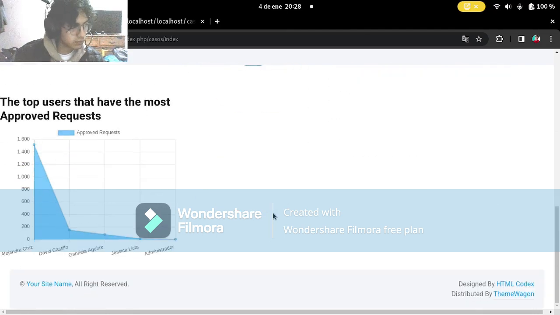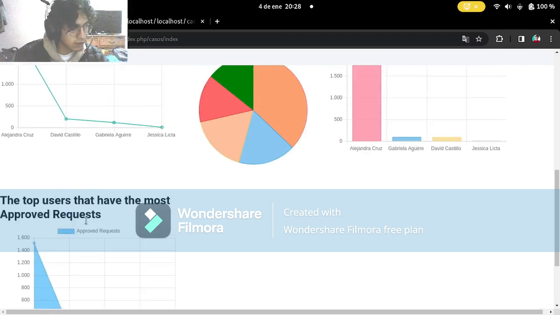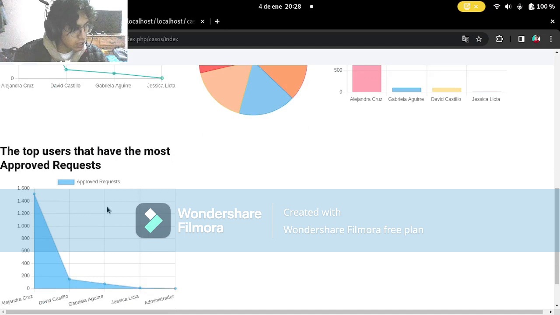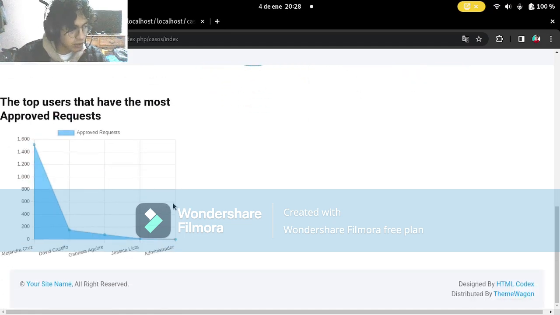In the other graph we see the top user who has approved requests. In the dashboard we obtain the top user who registered the request status as approved. To make this graph, we use the permission request table and the user table, where we load which users have in a program request status. It shows us the user Alejandra Cruz